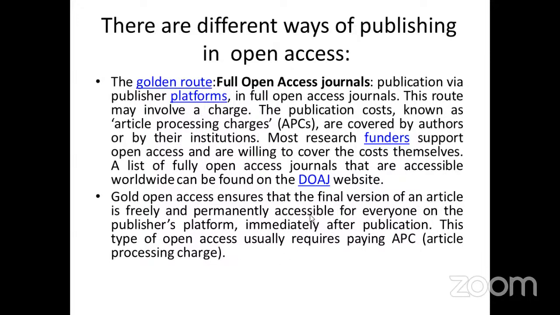In this golden access, the final version article is freely available, permanently accessible to everyone. Very important point. In a golden open access, your complete final version, that is your post-publication article which has been published in a particular journal, will be accessible freely, and that too permanently. Is that clear? वो हर टाइम के लिए फ्री होगा और हर टाइम के लिए आप डाउनलोड कर सकते हो,